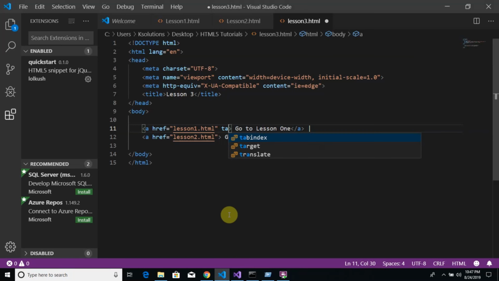So what tells us that is what we call target. The target tells us where we want that thing to be opened. So if you want it to open in the same window, or in the parent, or we want it to open as self, or we want it to open on a blank page. So let's say I say this and I make it blank. Alright, so if I save that, notice that